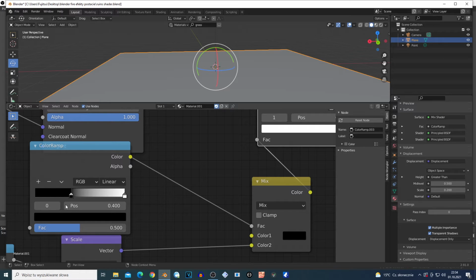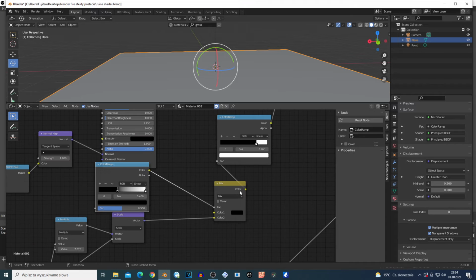Basically, if you want to see results, just select this node and press Control Shift and left click, and you're going to see what the node is doing. So just Control Shift and left click and you're going to see the results you have on this color ramp. And this goes to the factor, and this mix RGB